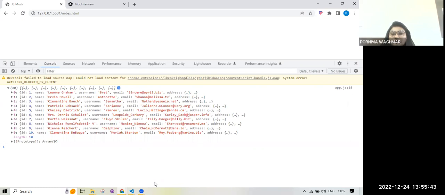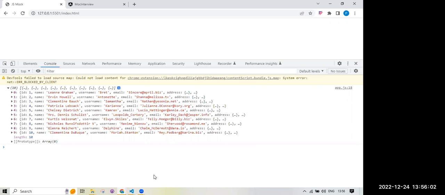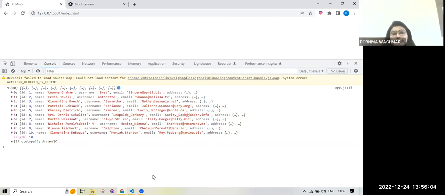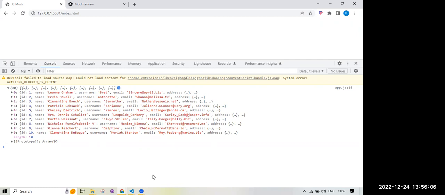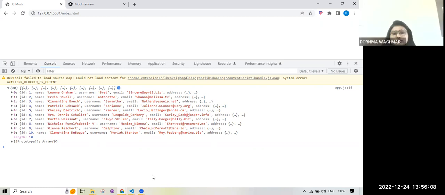In the interface we write the name as string and employee ID as number. So it will be easy to pass the data in that format. In interface, we use a type, right? No, we use type in interface.